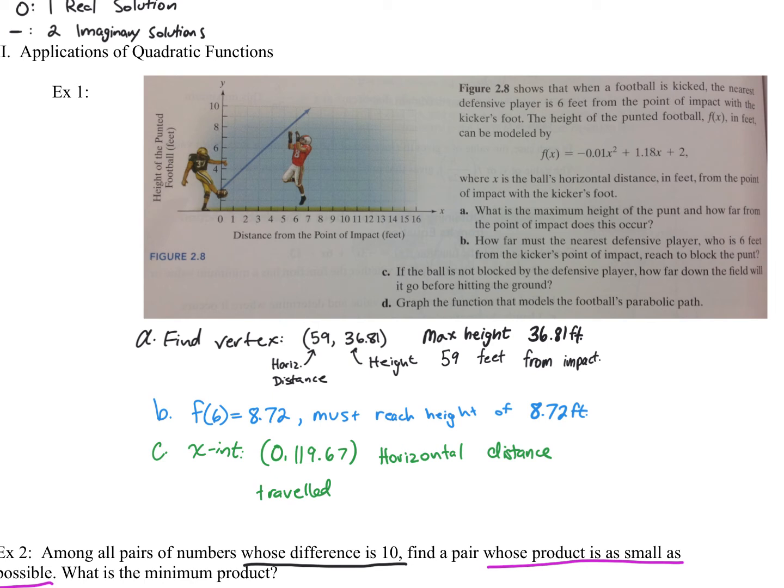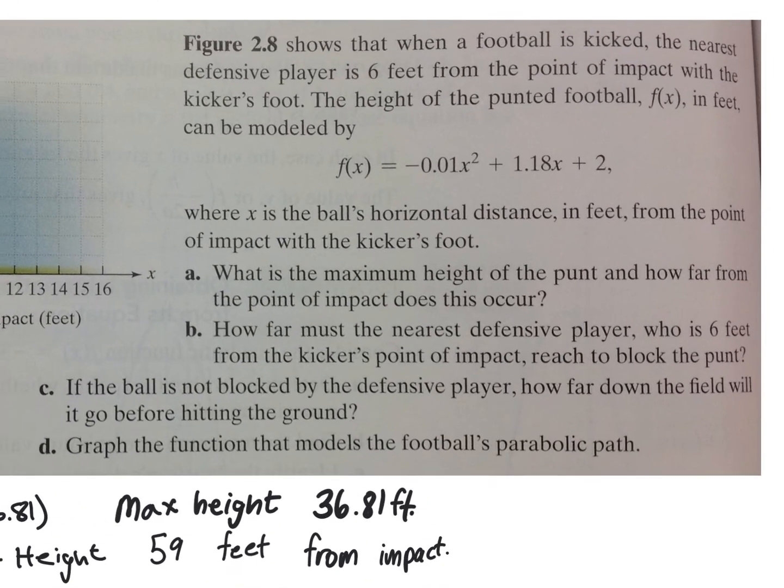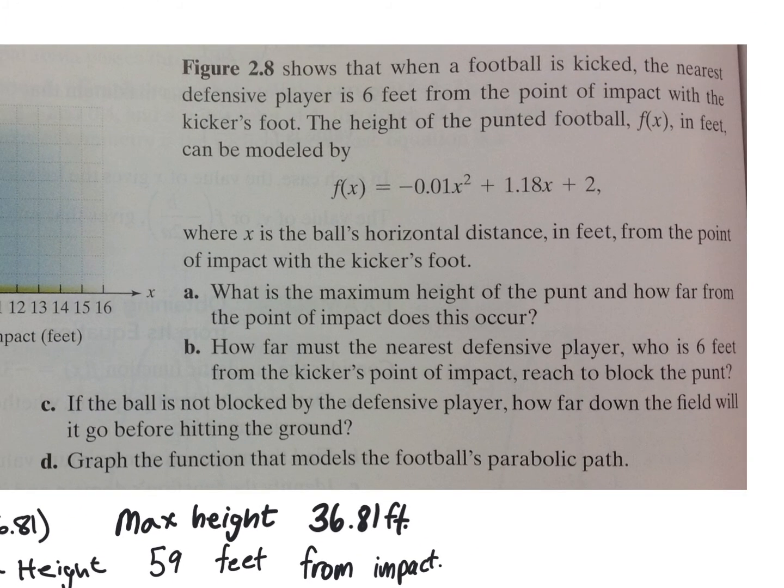In the first one, there's a multi-step problem that we're working through. We are given a formula that we're working with: negative 0.01x squared plus 1.18x plus 2. And it's always worthwhile to know what this represents. F of x is the height, and the input, the x value, is the horizontal distance from the impact of the foot. So our x coordinate here will be our horizontal distance from where the player kicked the ball,